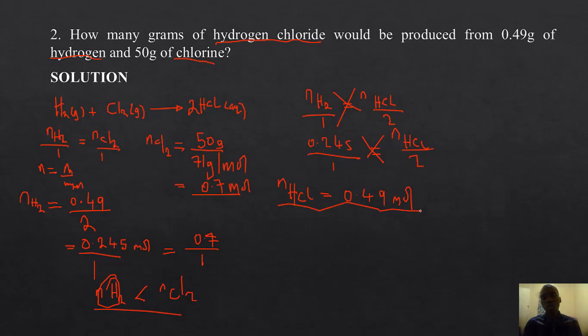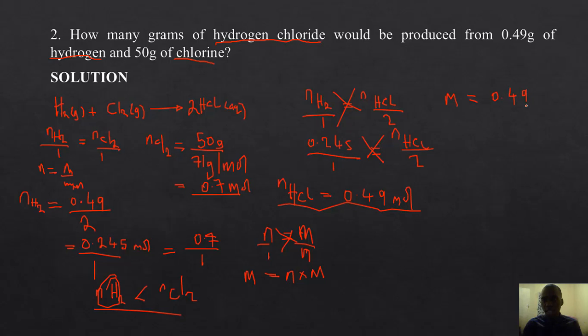So now, the only way we can know the mass is first by determining the number of moles. So that's why we started by first using the mole to mole calculation. We found the number of moles of this one. Now we can use the formula. Number of moles is equal to mass over molar mass. Then over 1, we make M the subject of the formula. M is equal to number of moles times the molar mass. Alright, so the mass of HCl here will be equal to its number of moles,